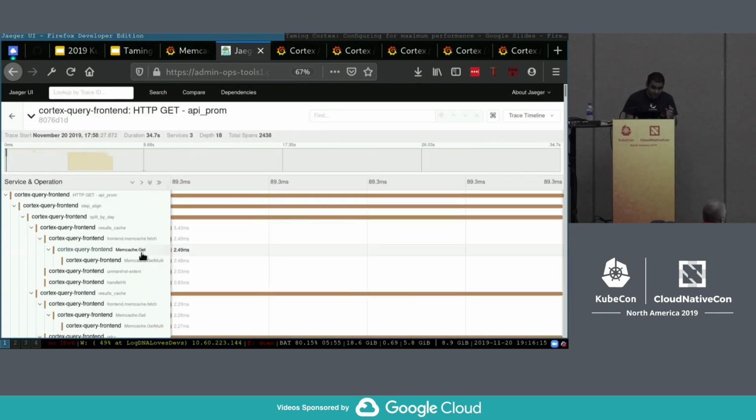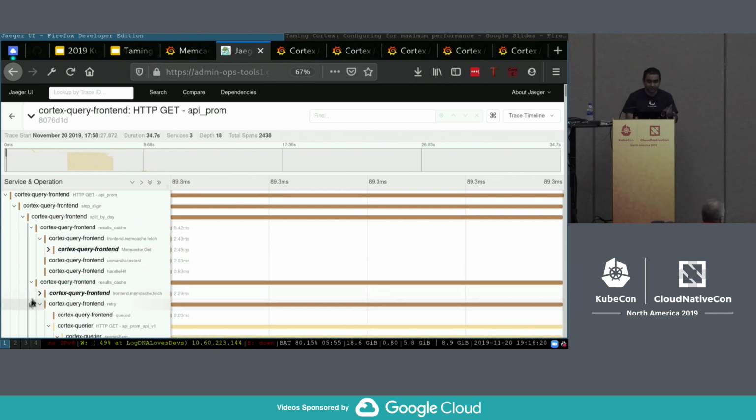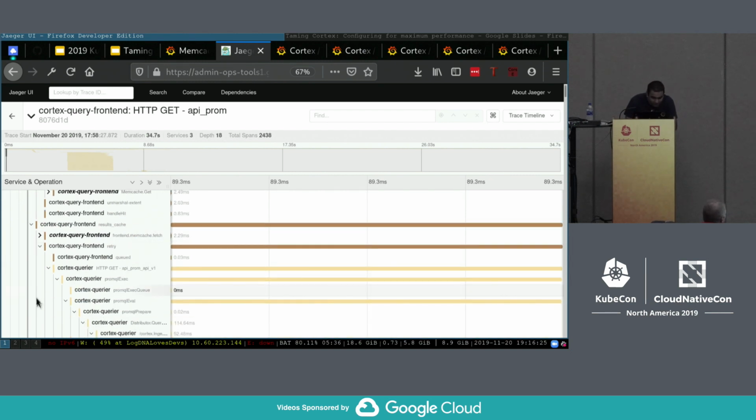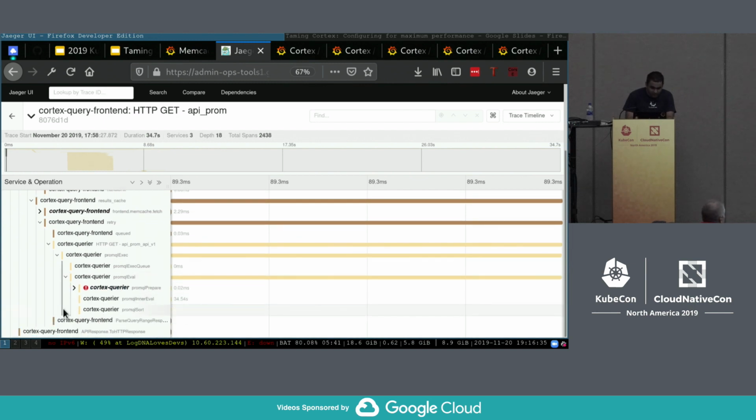So this is a live demo. Again, I have a perfect trace before, but let's see why this query is taking 37 seconds. Hopefully the demo gods are with me. So you can see that most of the latency is being introduced by the PromQL eval function in this. And if I look at the PromQL eval function,